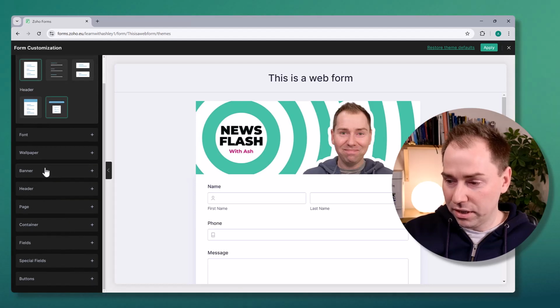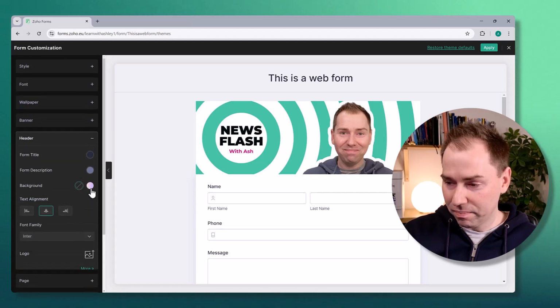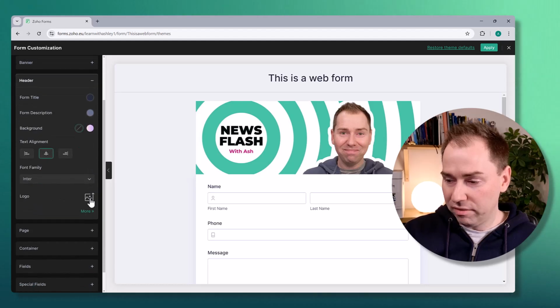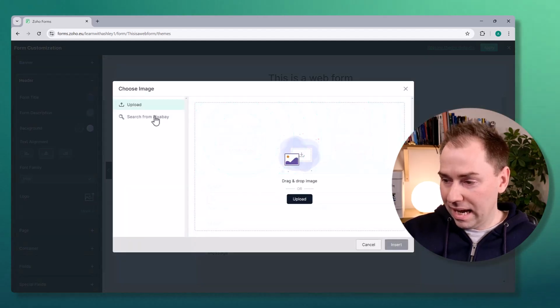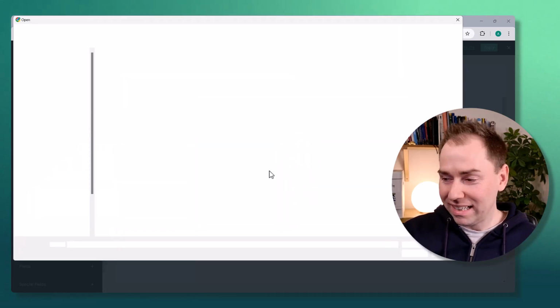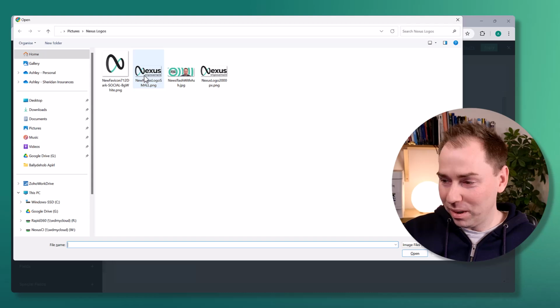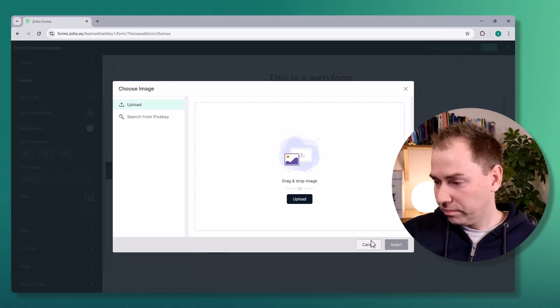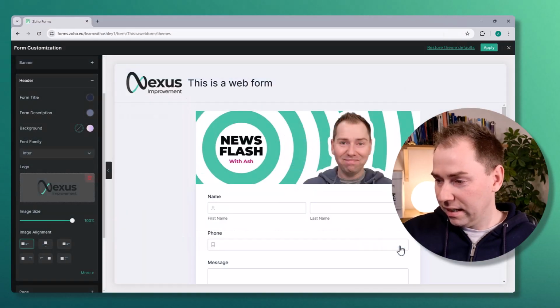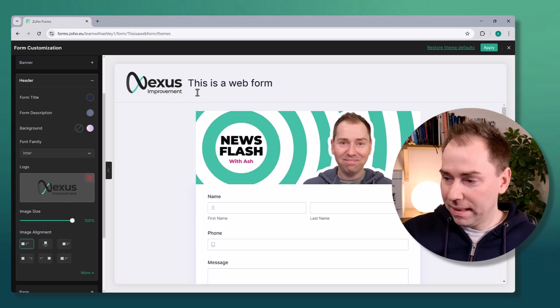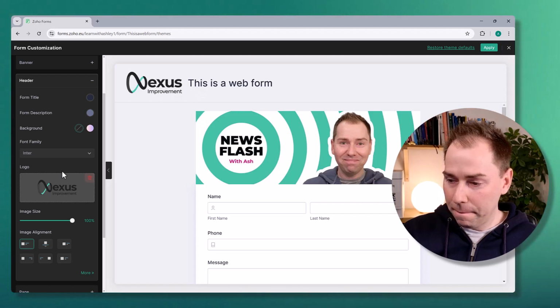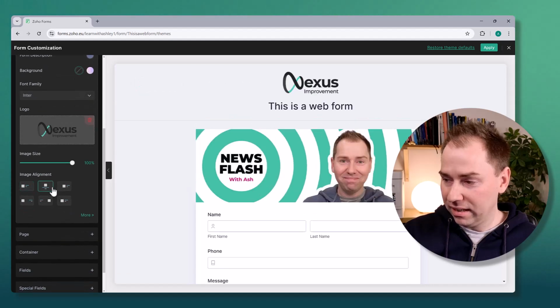So let's go to, I guess, header, and we've got an option here for logo. This was not prepared, so hopefully this all goes well. Let's see now, we've got a large logo and a small logo. Let's go for this. And insert, okay. That's not too bad. I'd probably want it to be centered, but at least they have given us some options here to display that